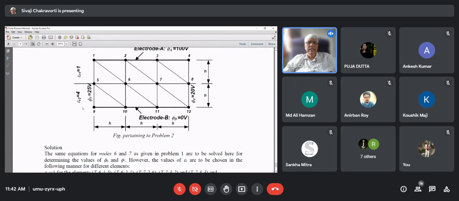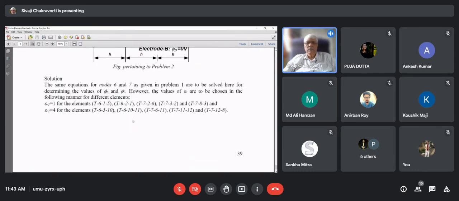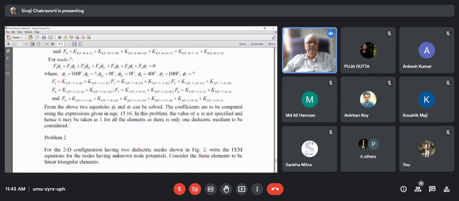That's why the triangle 1059, now my mouse is moving, 1059, I'm not interested. Why? Because here neither the node 6 nor the node 7 belongs to this triangle. So I'm not interested in that in this particular problem. Similarly, triangle 843 here on the right top side, look at my mouse. Here also, this triangle does not have node 6 or node 7, so we are not interested for solving this problem.